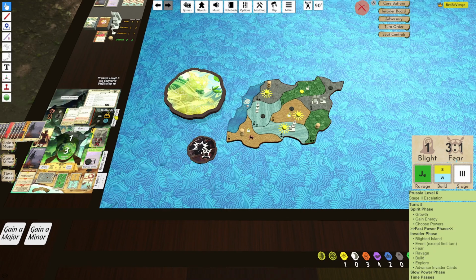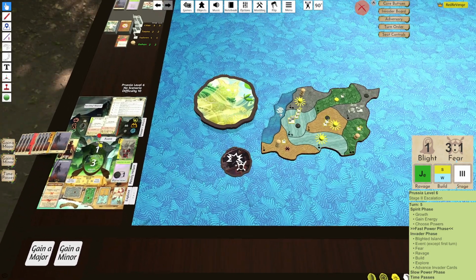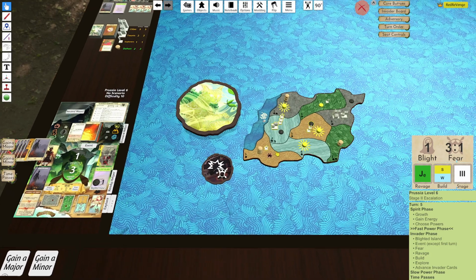1 fear, so we could do push, push, push, stops the build. No, I think we want to push like this. That, so we can clear these 2 lands. We can have to hunt defend for this land. Got the Beast Sphere. Okay, so Ravage Jungle and build